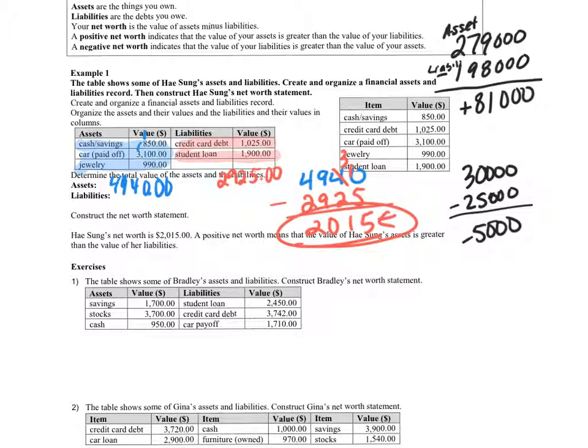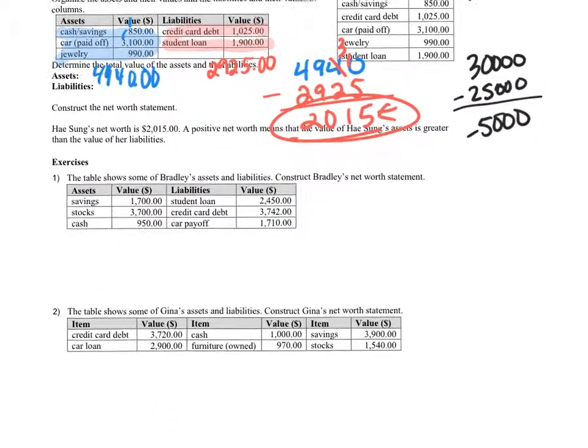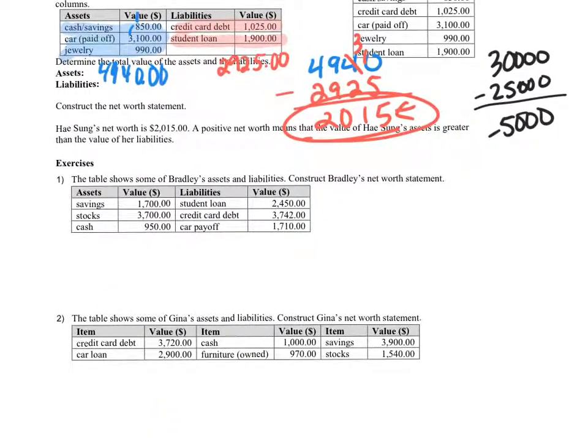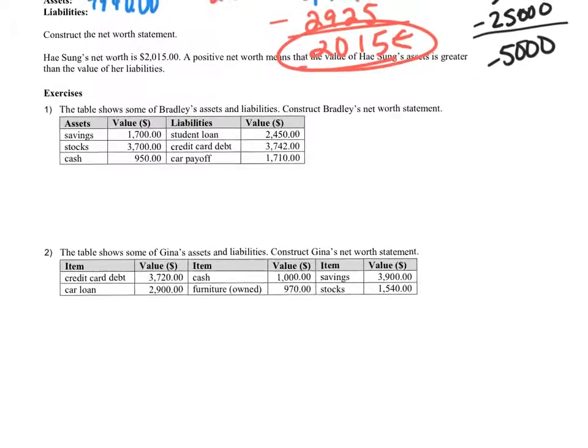Y'all see how that kind of works? Yes. So basically you add the total of all of them, and then you just subtract them, and that's the net worth? Yeah, that's their net worth. So if your liabilities are more than your assets, you have a negative net worth, and if your assets are more than your liabilities, you have a positive net worth. Okay? Do I have a negative net worth? Yes. You don't want to. Why not? Because that means you owe more than you could sell, and you would be negative. Does that make sense? Technically, it's not technical, but you know what I'm saying? Have you ever looked up someone famous's net worth? Yeah. Is it like when you look up how much a person's worth? Yeah.